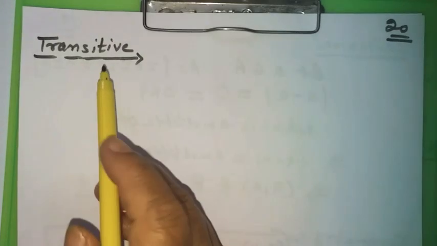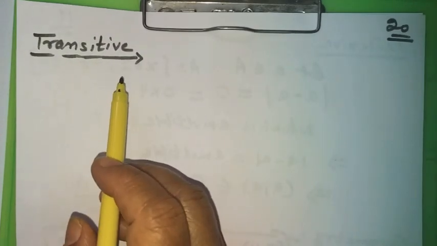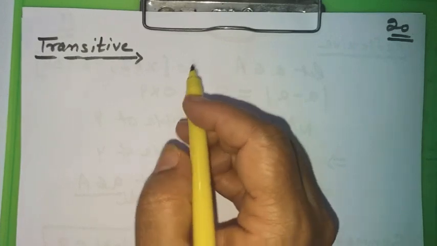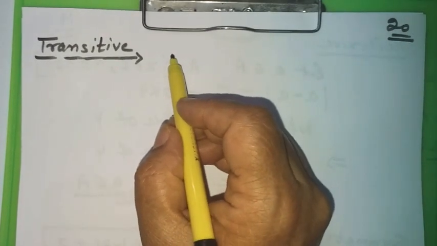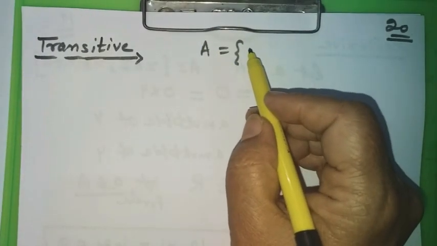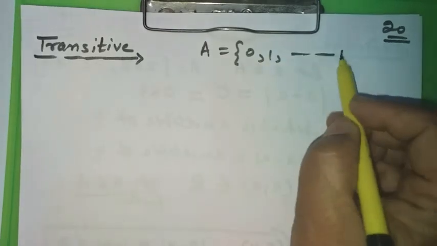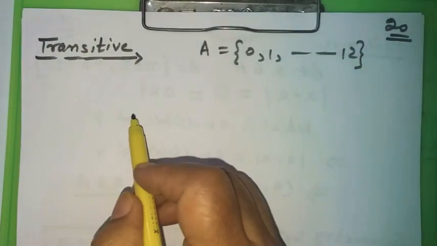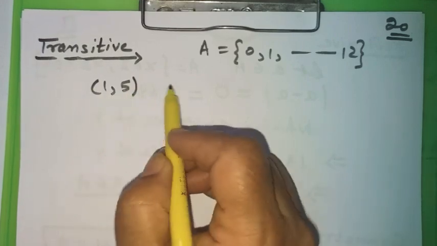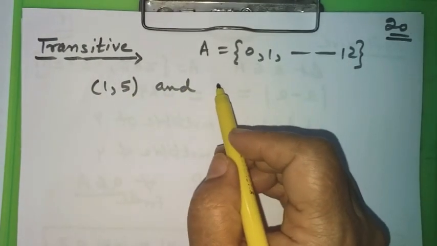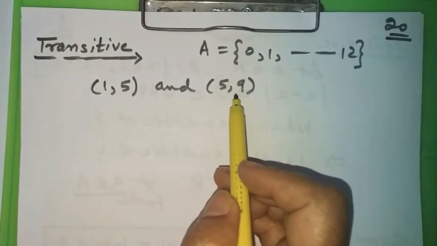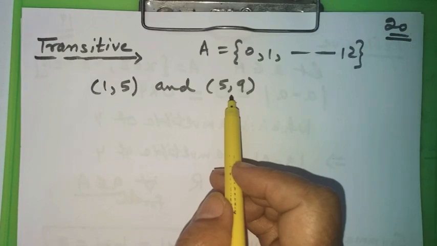Let us check whether the given relation is transitive or not. For that, first I mentally check for some ordered pairs. I have to take two ordered pairs where the elements belong to this base set, because in the question it is given to you. Let me take the two ordered pairs, say 1, 5 and the other ordered pair 5, 9. You can see I have taken both the ordered pairs in such a way that they belong to R. Why do they belong to R?